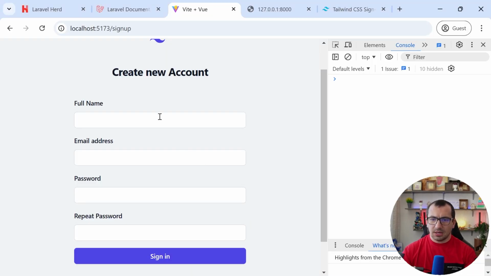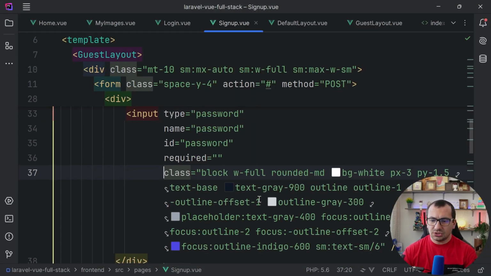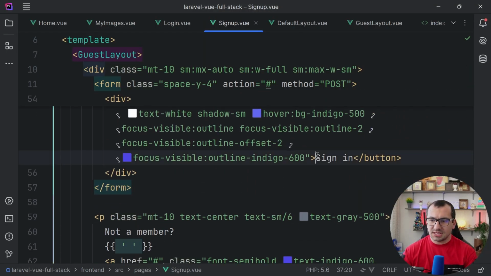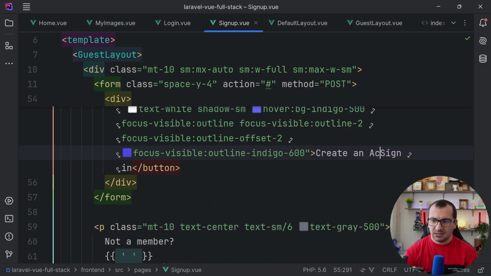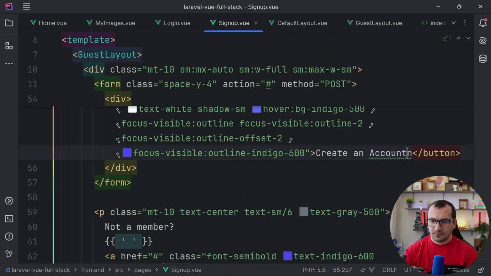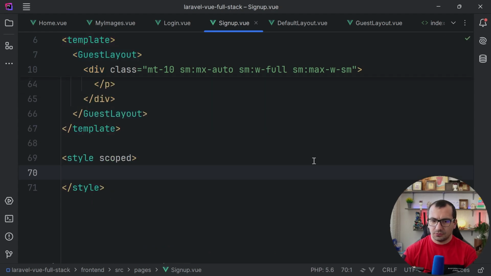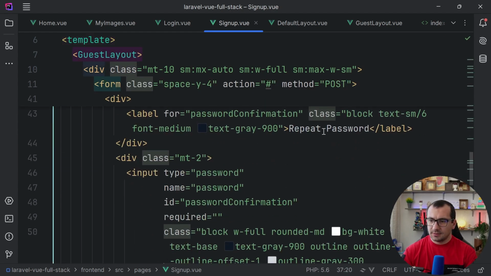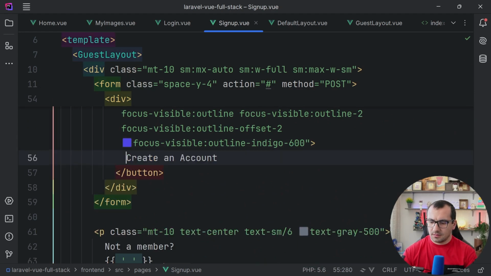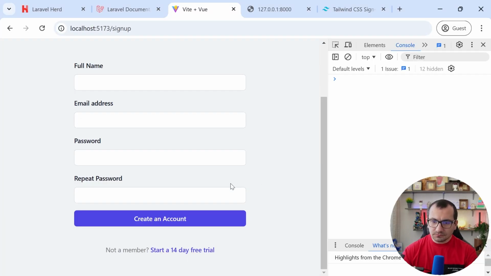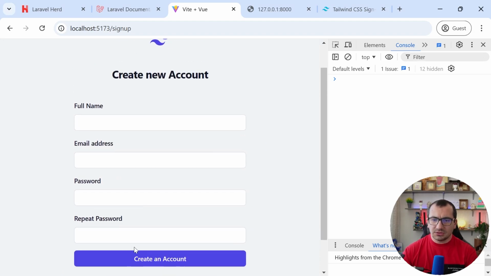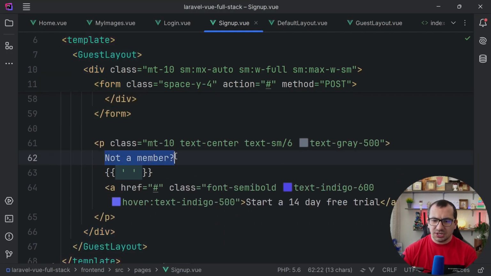Now this is our create new account form. Full name, email address, password, repeat password. We need to change the text from sign in into create an account. Oops, I did something weird. Okay. And not a member. This is relevant for login, but not for sign up. So maybe we can change this to: Already have an account? Then